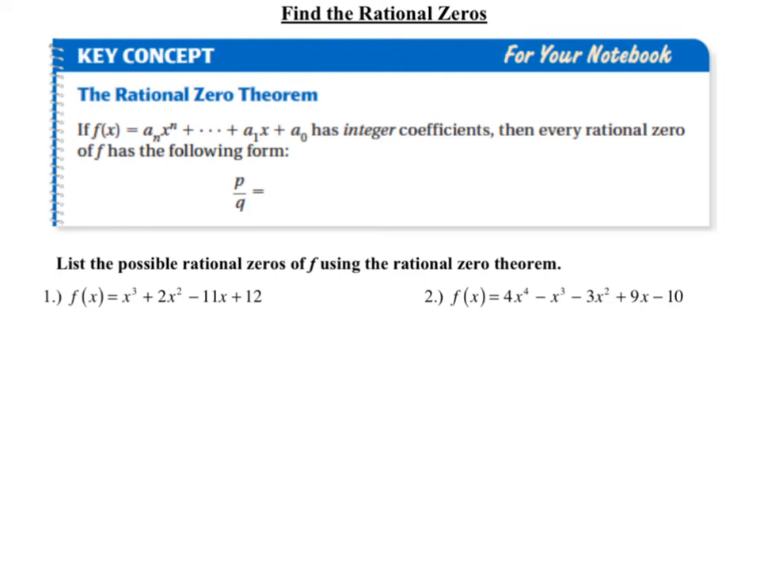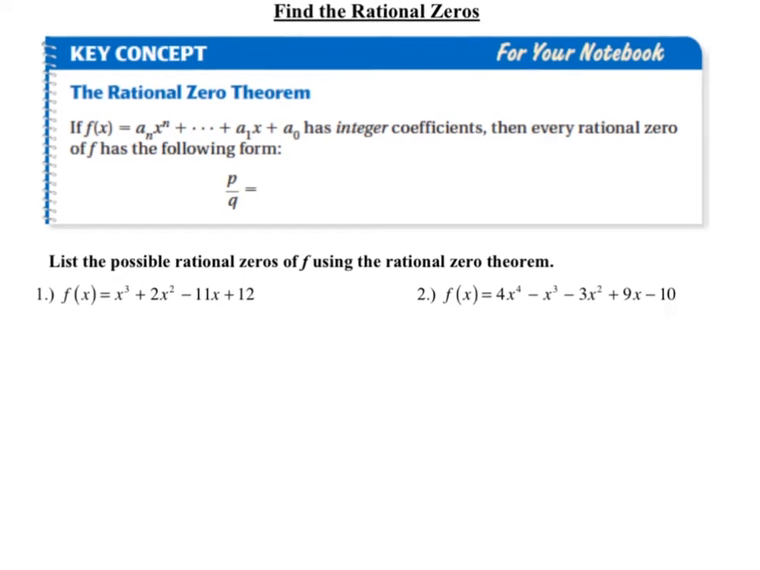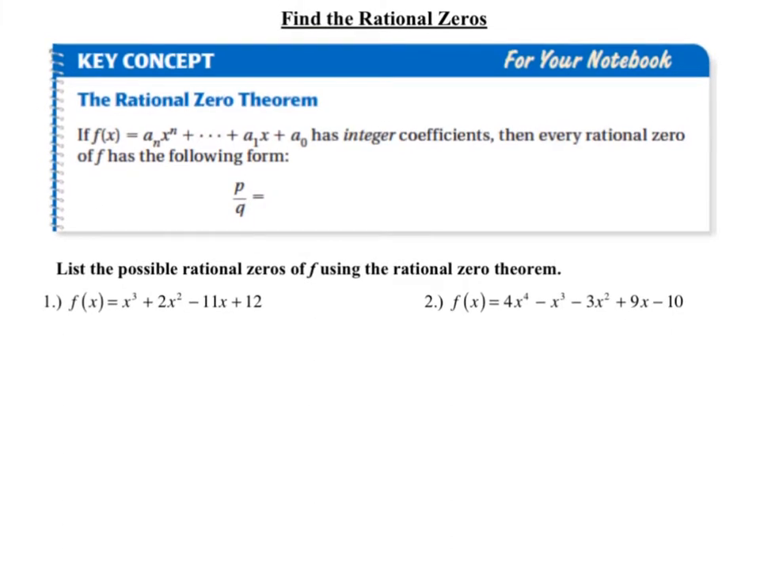The rational zero theorem says if f of x equals a sub n times x to the nth plus all of your other terms all the way down to the linear term a sub 1 times x plus the constant term a sub 0, as long as that polynomial has integer coefficients, then every rational zero of f has the following form: p divided by q, where p represents a factor